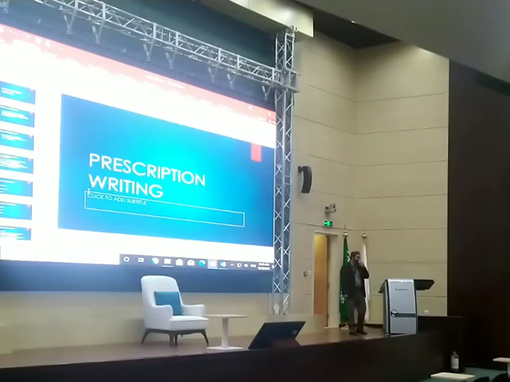I'm not talking about those systems which have a printed format. But if you are required to make a prescription, because in primary healthcare centers you don't have these kinds of setups, you should write the prescriptions. And as doctors, it's an important skill that you should know how to write a prescription in a way that is legitimate, understandable, and reproducible.